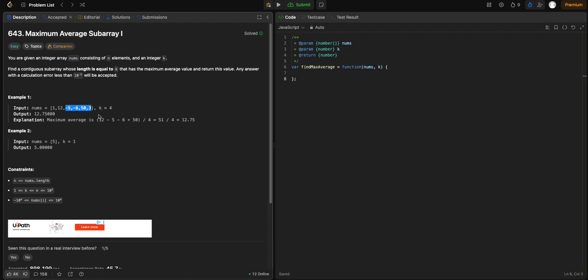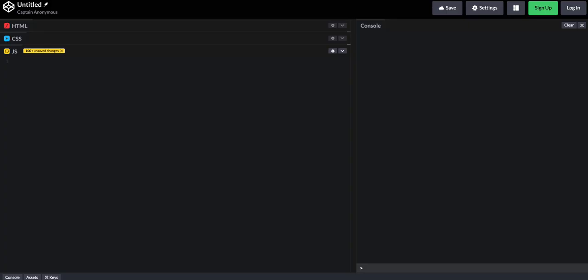So whatever k is, that's the length of your subarray. So here k is 1. You just take the one number, right? Okie dokie. Pretty simple problem here. Let's grab these variables, I should say, and let's move over to CodePen